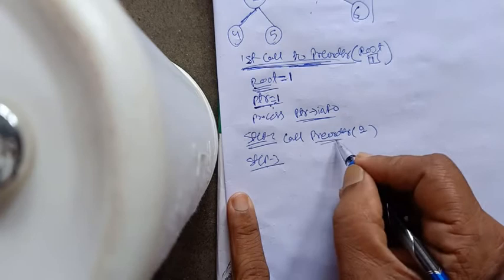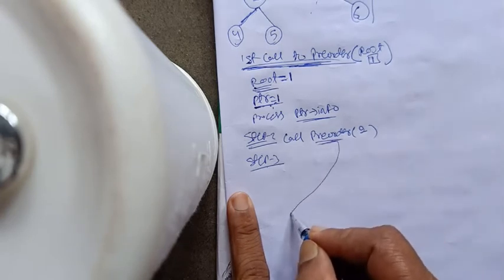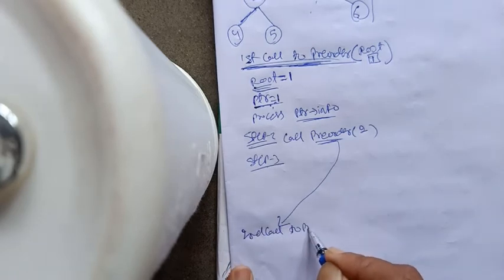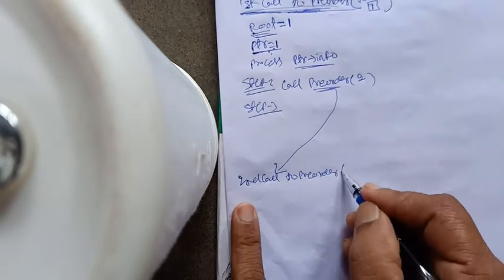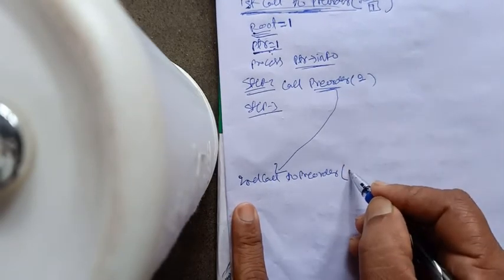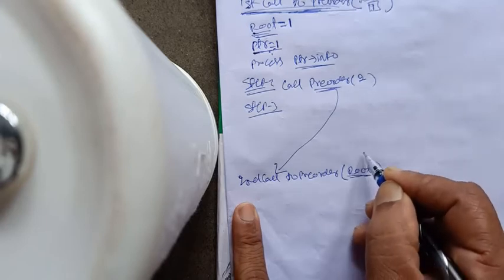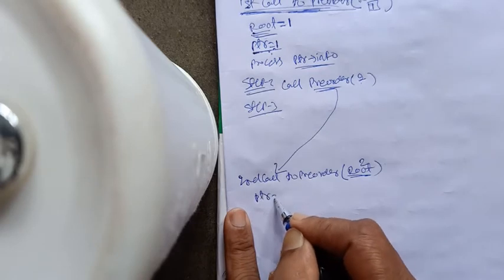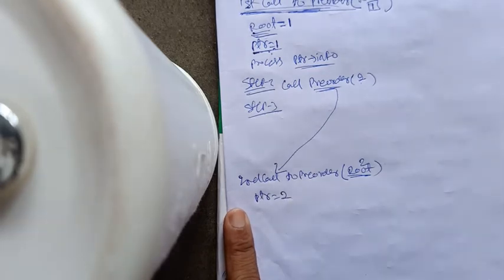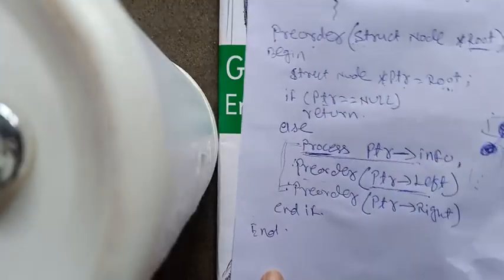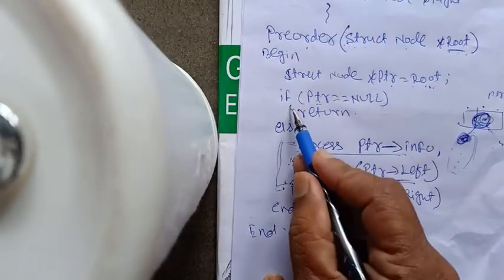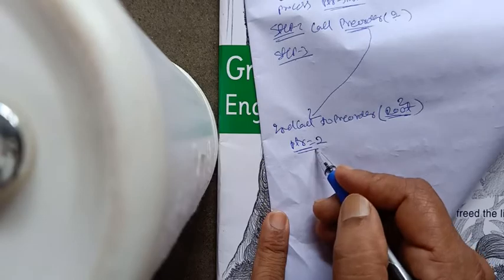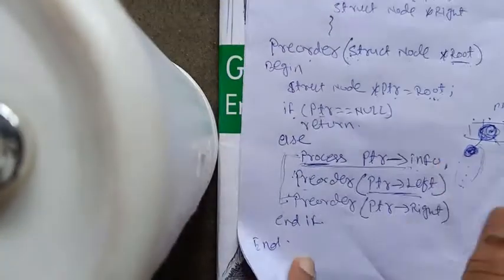Now pre-order, since it is called, I'll write you a different portion. So, the second call to pre-order. When the second call has been made, what is the value that it will receive? In the variable root, it will receive 2. Okay, so in the second call, ptr equal to root means ptr will become 2. Now for the second call, again the entire algorithm will be examined. So if ptr is null, no, because in the second call the value of ptr is 2. So it will jump to the else part of the if condition.